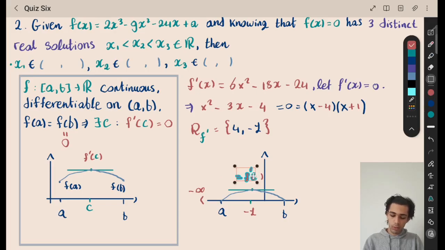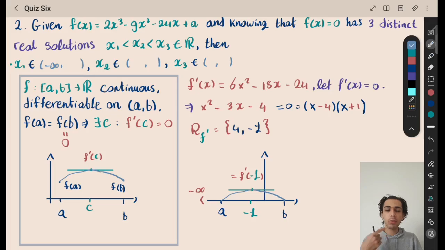C would be equal to minus 1. That's what I want to say, because C is a root of the derivative function. And so by Rolle's theorem, we know that there will be one root which is less than minus 1. Because if we want to apply Rolle's theorem, and we know we can apply it, it will give us this result, and then this is the point in the middle, you could say, at which the function changes its